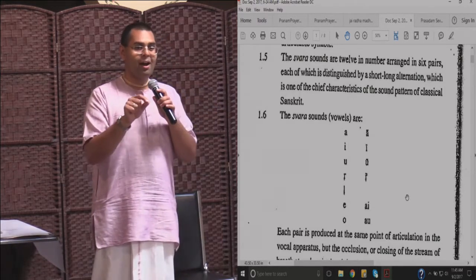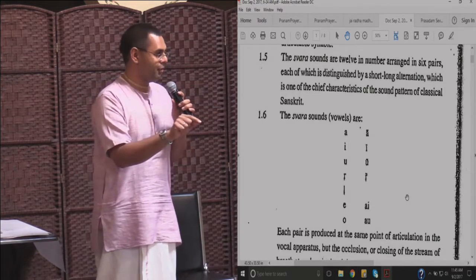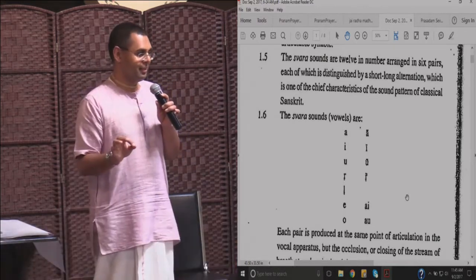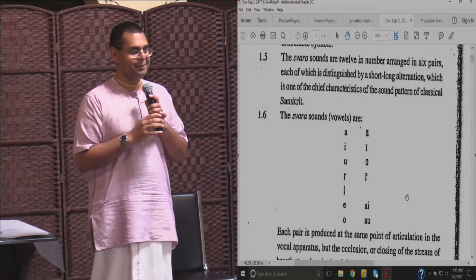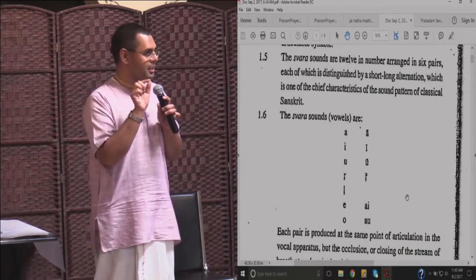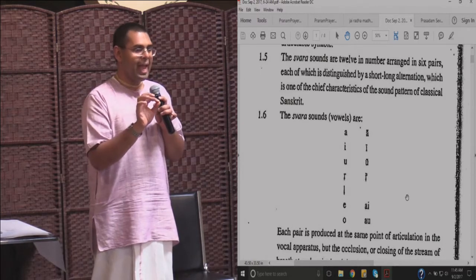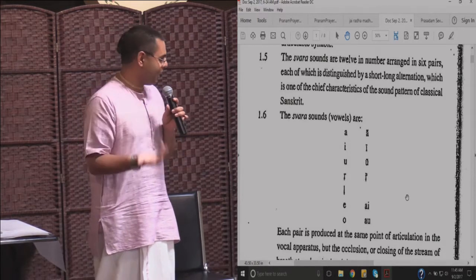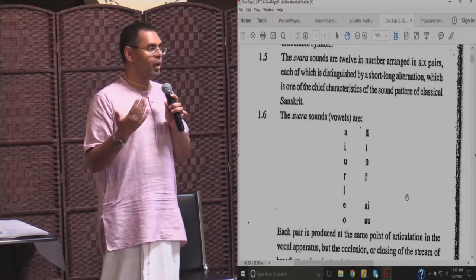Better, I'm going to give these grammatical features names of Krishna, right? I'm going to name them after Krishna and give them specific names like that, right? So each aspect of the grammar, he gives a particular name of Krishna,